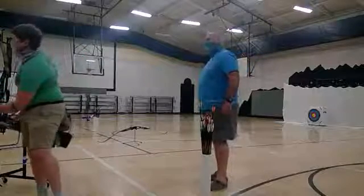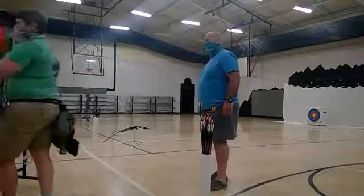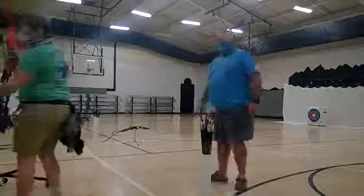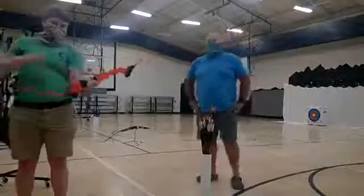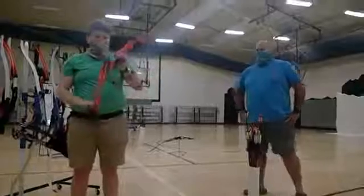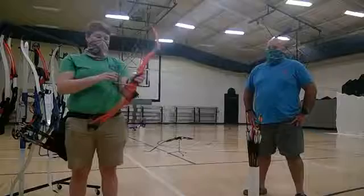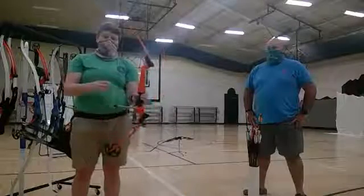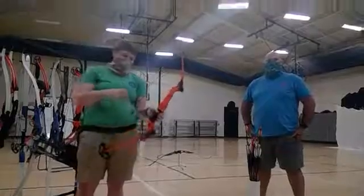These are our flashy orange and green bows. These are called universal compound bows. As you can tell, they're metallic. They have a little bit more mechanics involved. We've got cams and wheels. These ones are adjustable, so you can take an Allen wrench to this part, and you can go anywhere from 10 to 20 pounds. So these are good, especially if you have younger kids. The cool thing about